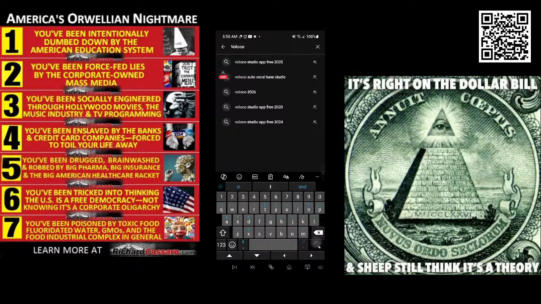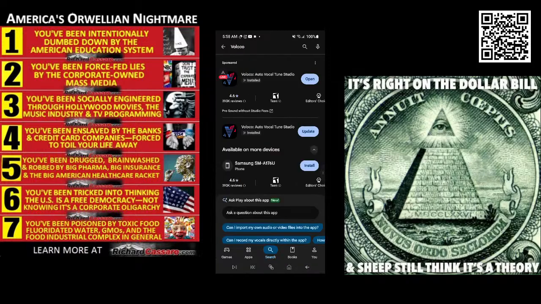Matter of fact, Voloco charges money too to use it, to unlock all the features. You could use it. You could put a beat there. You could put your voice, and you could change the voice a little bit with some auto-tune options that they have there if you need it. But all the other voice changers are locked behind a paywall. And then the other thing that's locked behind the paywall is, you can't put this.